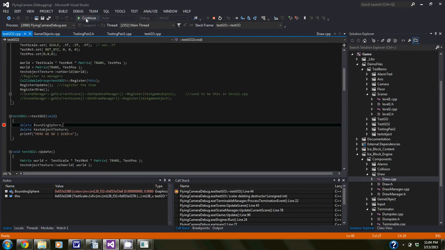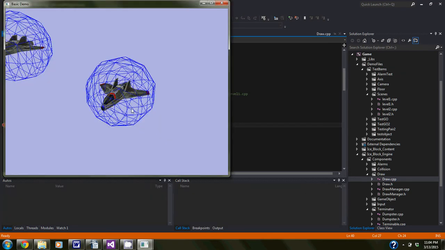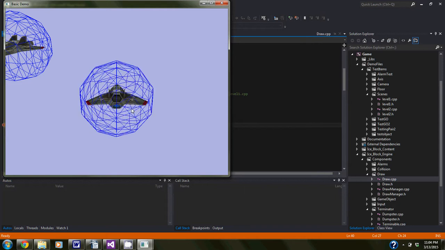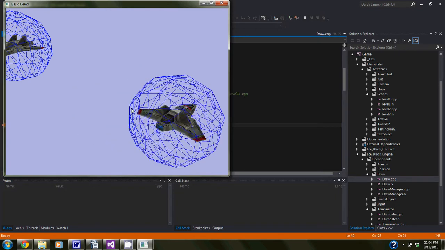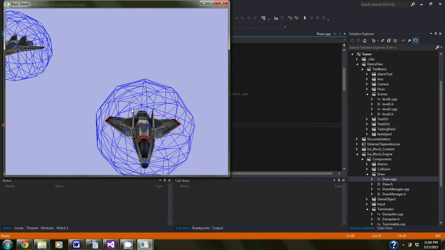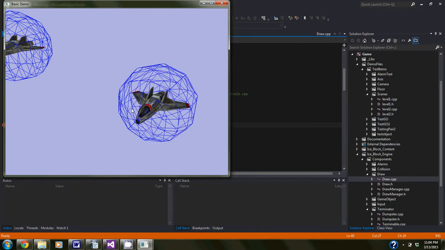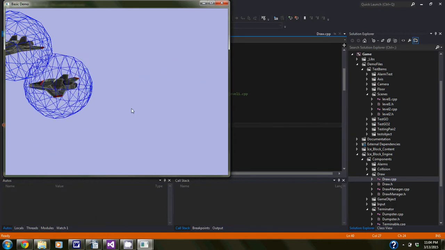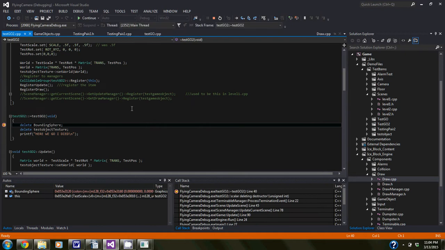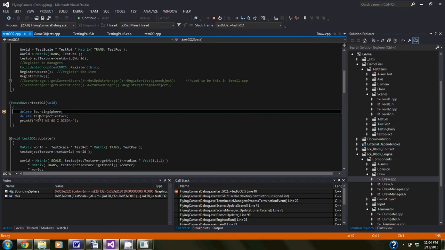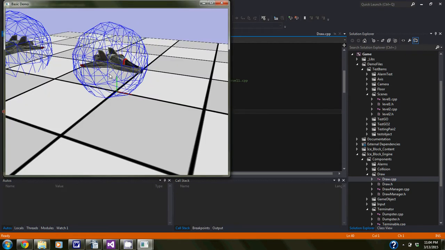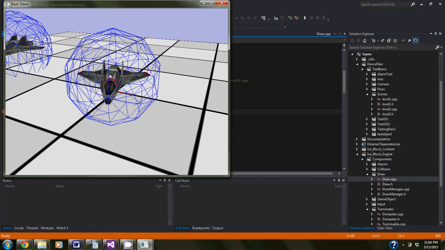So continue. Okay, so now we're in scene 2. There is no plane that was deleted, and the axis is gone as well, and the ship is at a lower position because this is ship 2. So when we collide here, we go. So this is now test 2 object. It is now being destroyed as we switch back to scene 1, like so. And now we're back to scene 1 with a different ship,